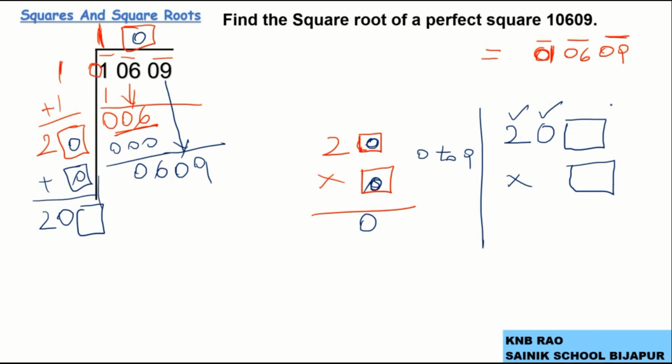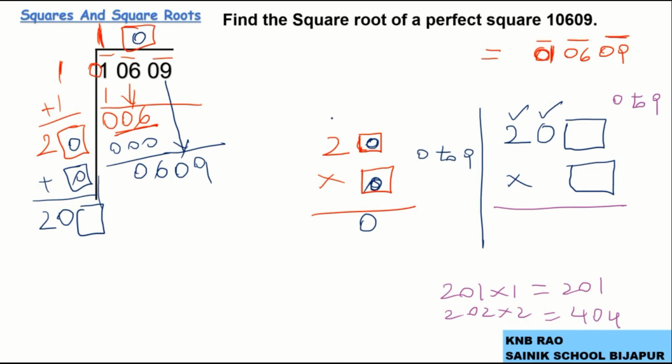Here this digit must be someone from 0 to 9 but close to 609. Now students, it need not be 0 because 200 zeros are 0, it comes not close. 201 ones is 201, it is not close. 202 twos is 404, not close. I have already told, since the given number is a perfect square and being last digit